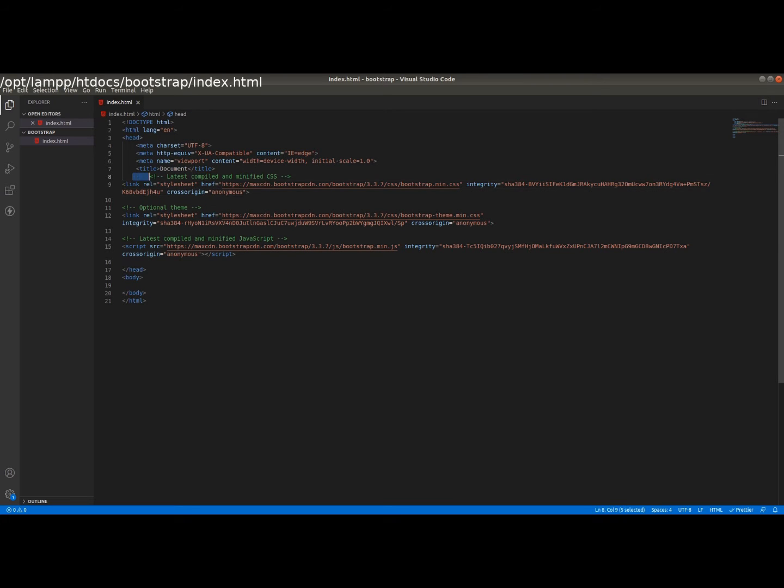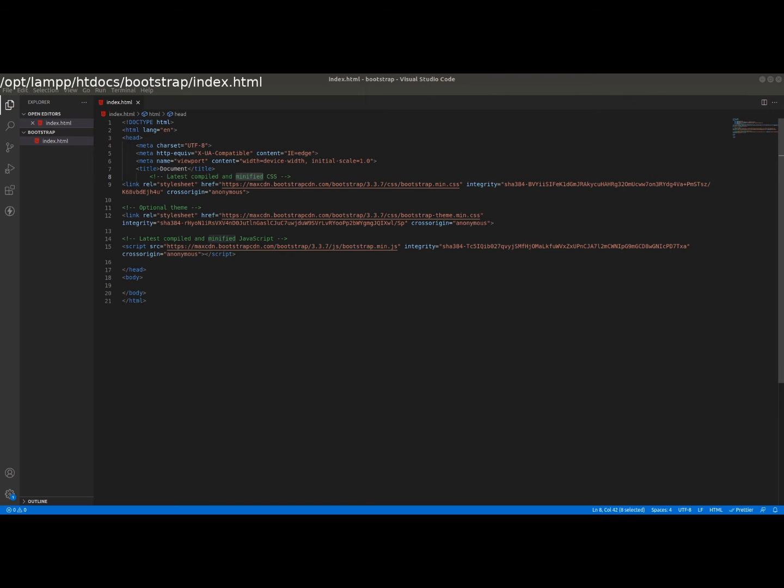You can see the comment here, the latest compiled and minified CSS file. So what is the meaning of minified CSS and minified JavaScript files? Minified CSS and JavaScript files are light versions of CSS and JS that load your website instantly. It increases the speed index of your websites.